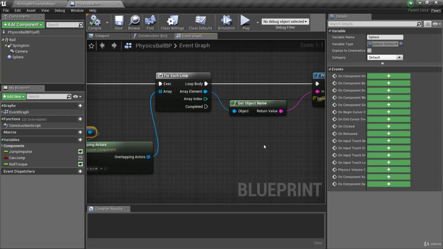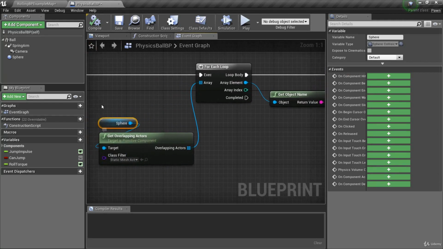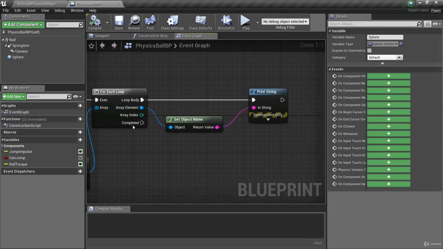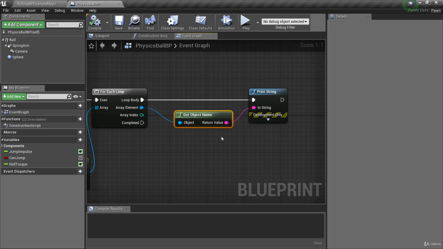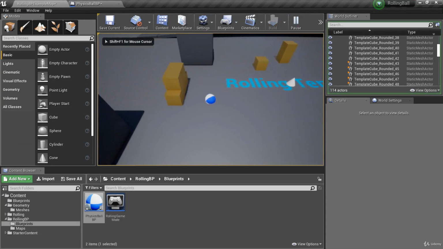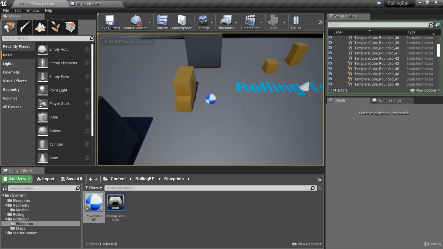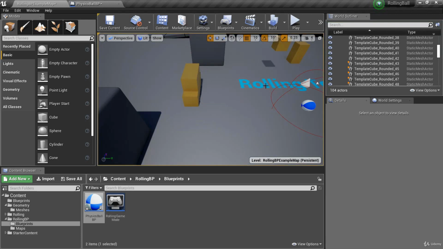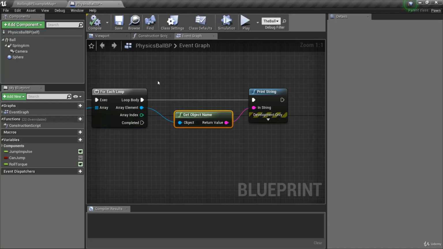So that's all great. So now that we know how to get all overlapping actors with our sphere component, and we also know how to loop through them and do something to each one of them, what do we want to do to each one of them? Well, I would like to do something more dynamic and more exciting. How about if we overlap with a box and we hit the O key? What if we create a sort of explosion-like effect and send them flying off into the distance? Wouldn't that be interesting? And we can actually do that with a very special type of node called add radial